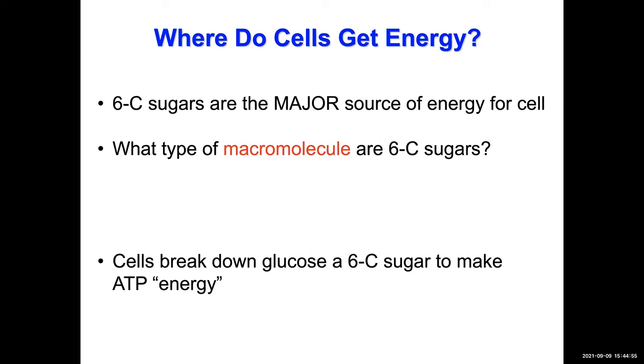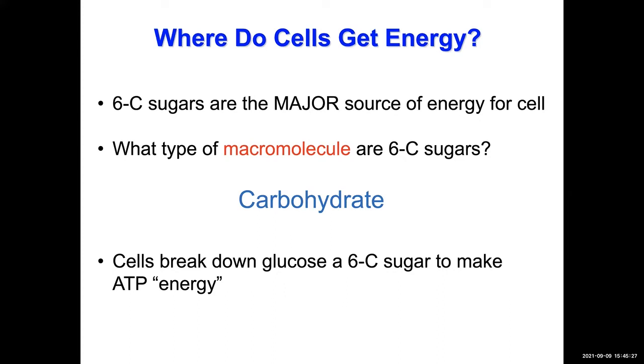When we think about it, what type of macromolecule are 6-carbon sugars? They're a type of carb? That's right. They're a type of carbohydrate. That is correct. And cells break down this carbohydrate, specifically or usually glucose, to make energy in the form of ATP. Okay, so glucose is that carbohydrate that is mostly used when we're talking about breaking it down and releasing